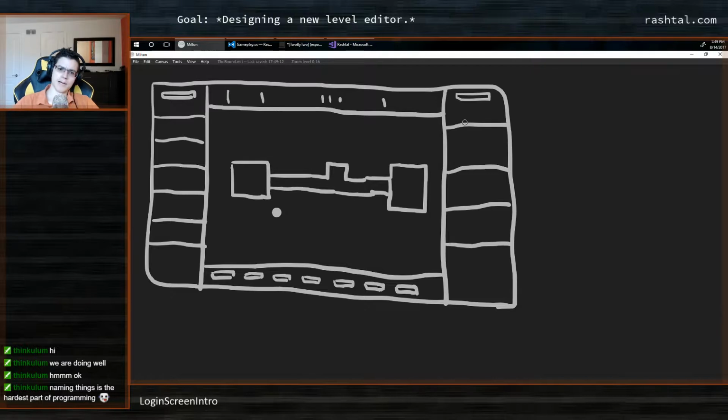So a single button here that allows you to enter a screen state of